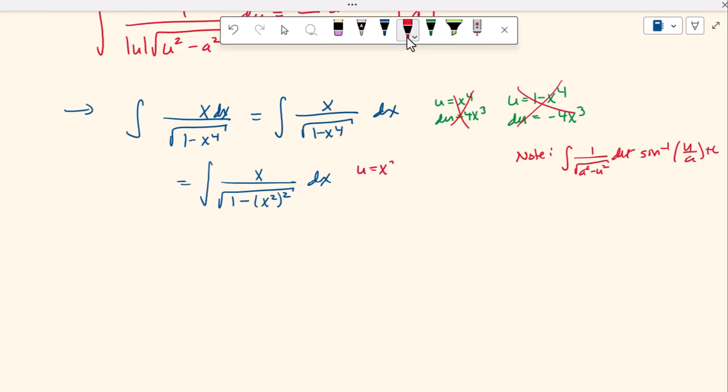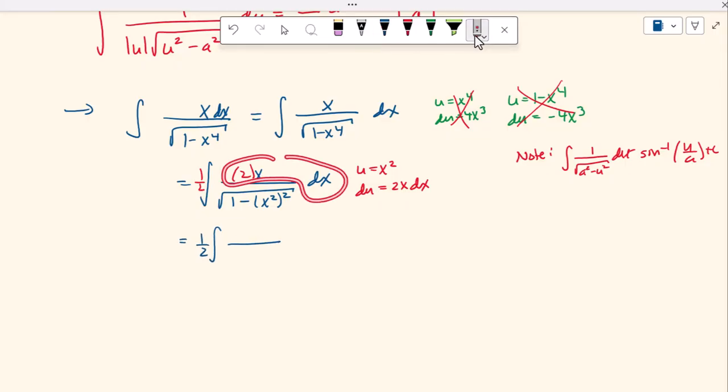So u is just equal to x squared because it's the base here, so I'm not using x to the fourth. Du would then be 2x dx. So if I multiply by 2 on the inside, I compensate with the 1/2 on the outside. Now this 2x dx becomes my du,